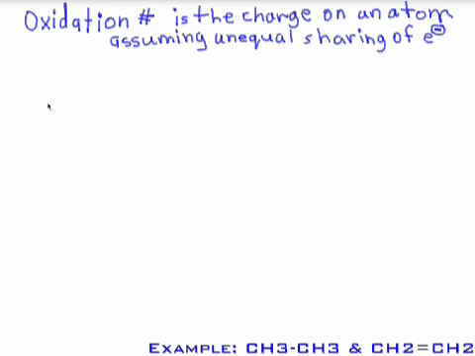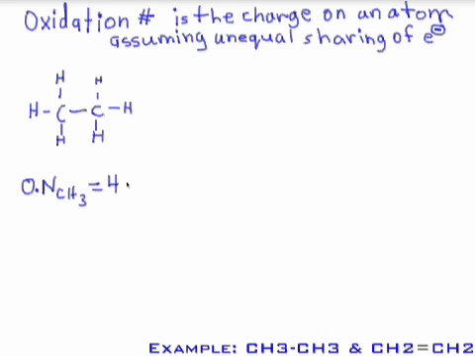That means if you have a structure, say like ethane, if I want to determine an oxidation number for carbon, I take its valence electrons that carbon normally has, which is 4, and I subtract from it the number of electrons it has in bonds, assuming unequal sharing. That is, we assume the more electronegative atom gets all the electrons. Now, for the purposes of this calculation, we assume carbon to be more electronegative than hydrogen. So, if we're calculating the oxidation number, ON, for a CH3, and we have 2 of those here,